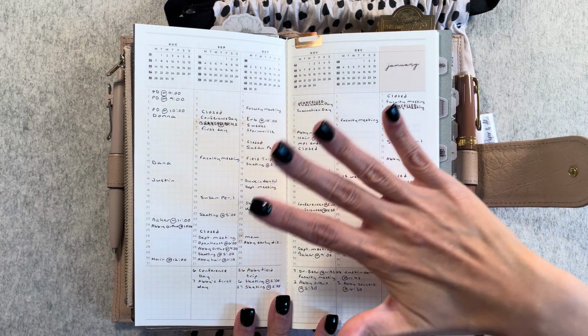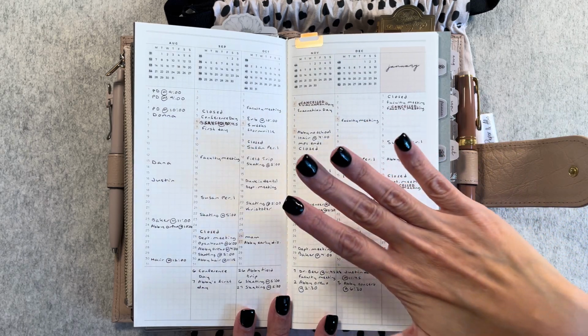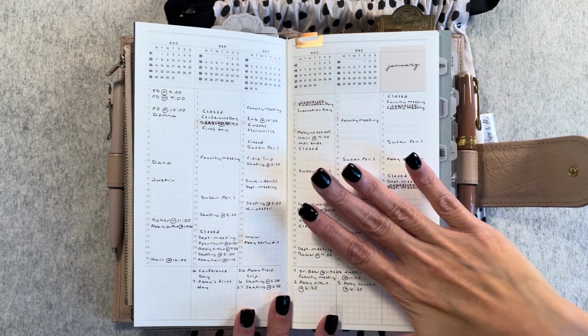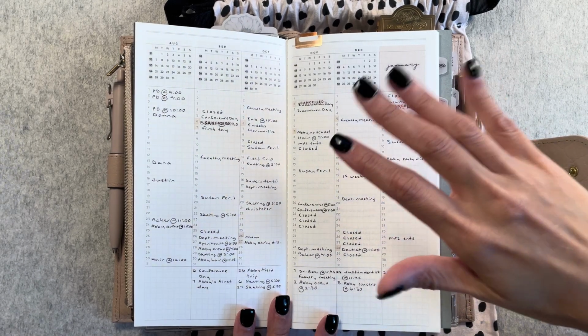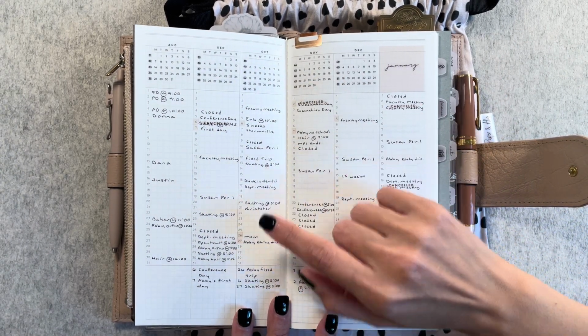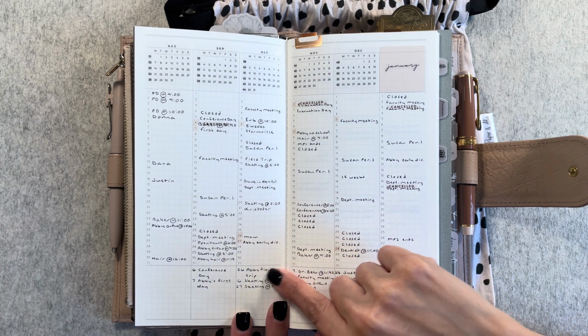I fill this out. So I get all of my faculty meeting and department meeting dates in September, all appointments that I've made ahead of time for me, my daughter, my husband are in here, professional development, birthdays, anything like that, I fill in here. If there is a date that has more than one thing, I highlight it and put the second thing down